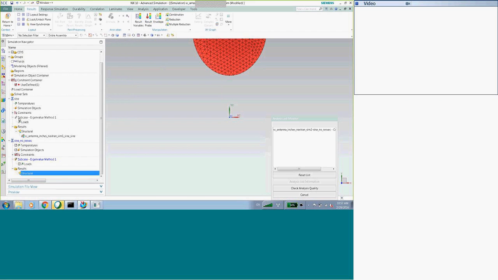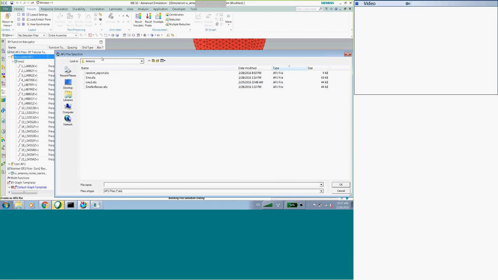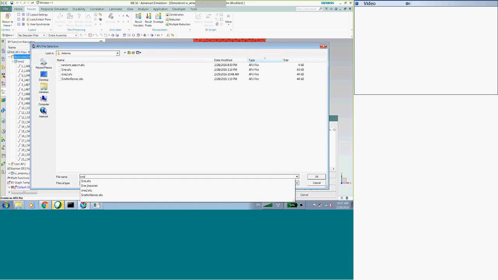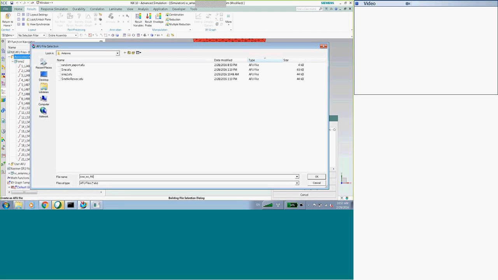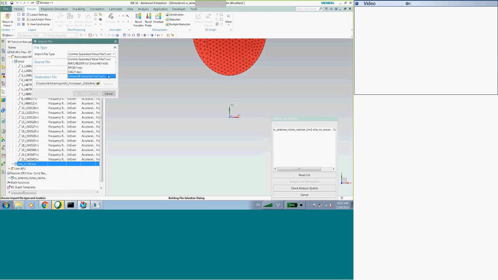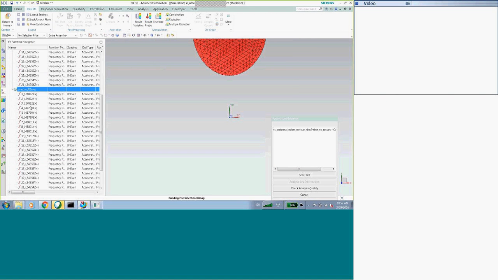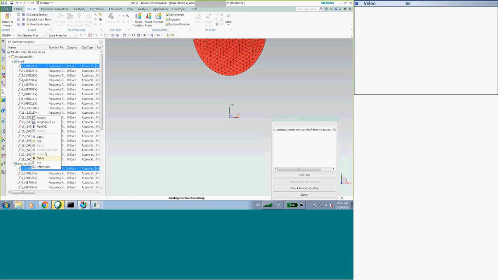So what's the impact of not using residual vectors? We import the results, I'll create a new one, call it sine ResVec. I already have one, but there we go. And then it's just generated. And we can look at the difference, like this is before and after.